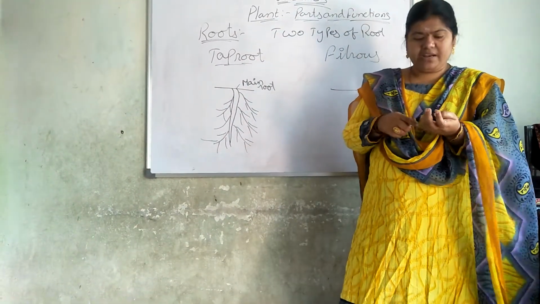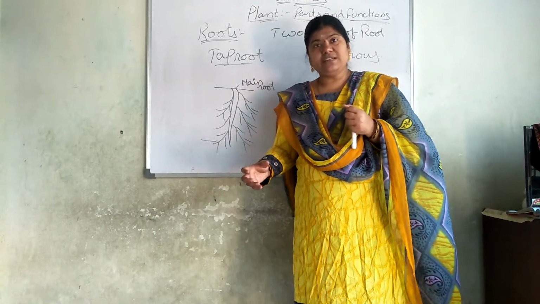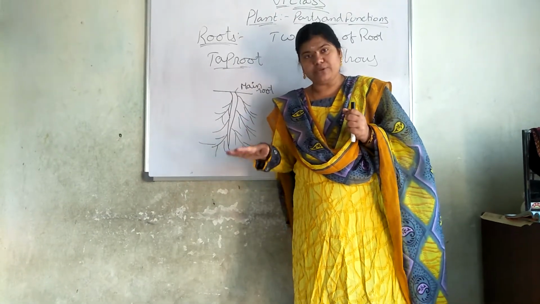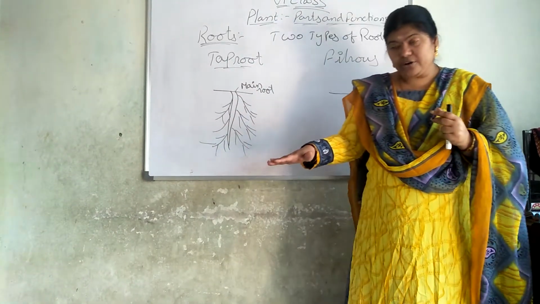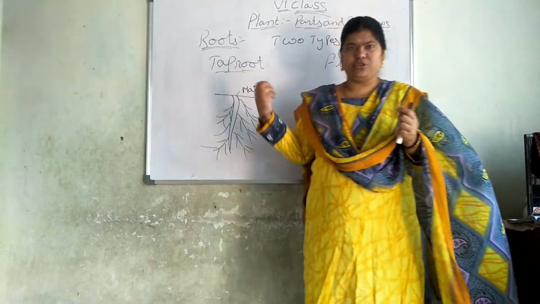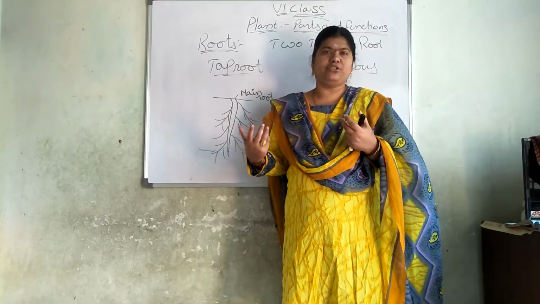When a mango tree has grown only a little bit, this much, it will be very difficult for us to uproot it. If a coconut tree has also grown up to this much, even up to here it is very difficult. If I am taking a grass plant, it's very easy for me to remove that one. Is it correct or not? If I take any money plant, it is easy for me to uproot that one.